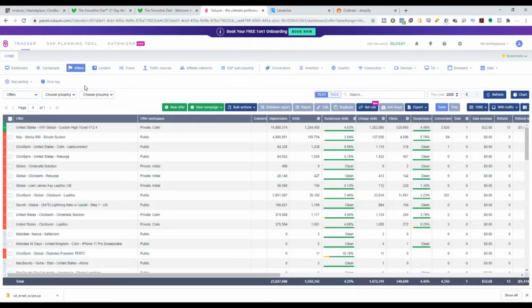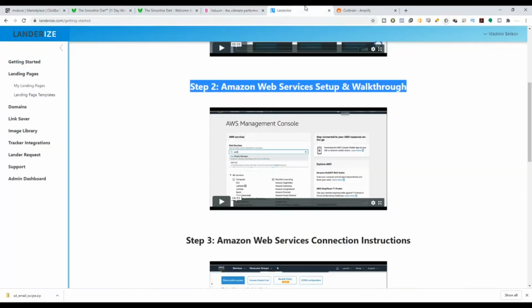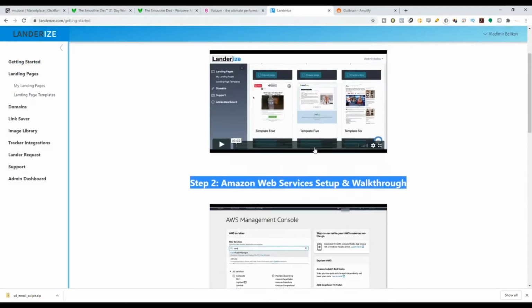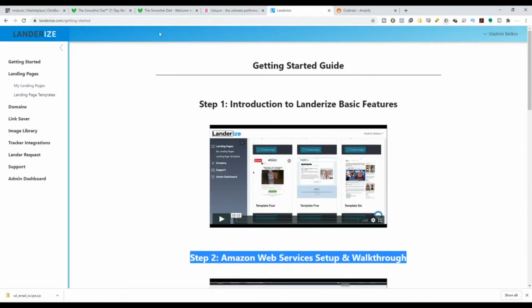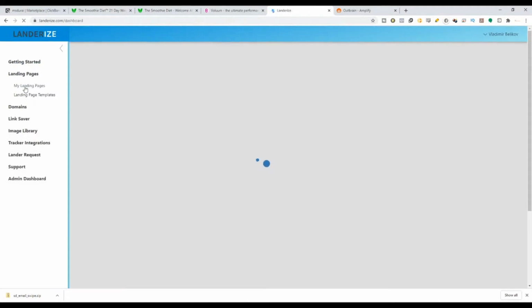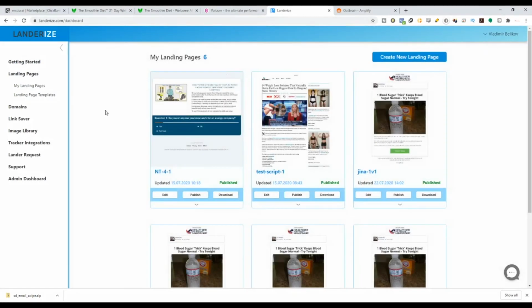So now we can actually go to step number 2, which is building our landing page. So make sure that, as I told you, just go ahead and set everything up first. Once you set everything up, you can actually start building a landing page. But before that, let me just tell you that it's not compulsory for you to actually have a landing page when you're running a native ads offer, but it's highly recommended for you to actually have a landing page,